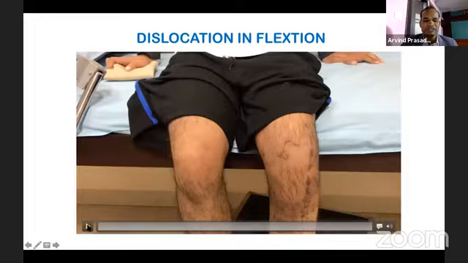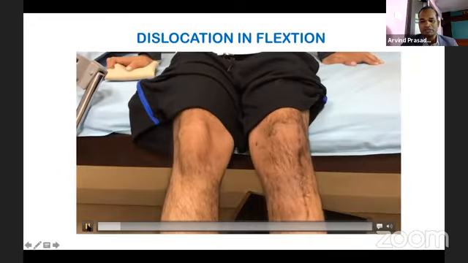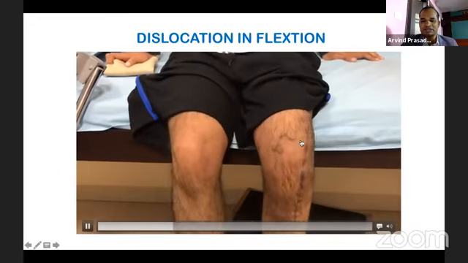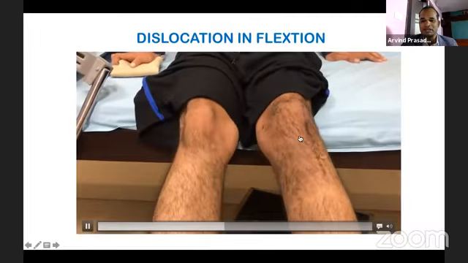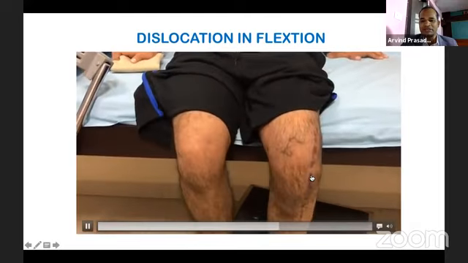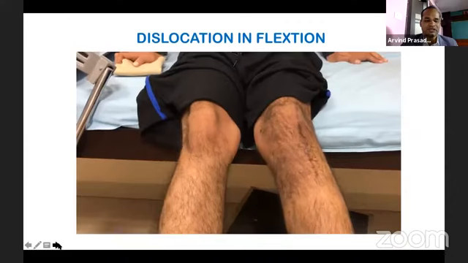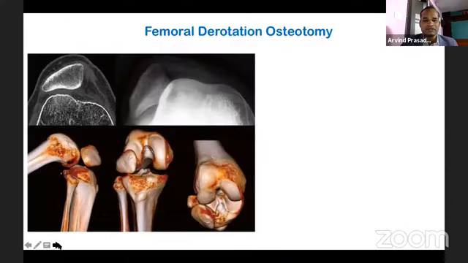So sometimes there is dislocation in flexion also. You can see in the extension, the patella is in the groove, but as the knee gets flexed more than 90 degrees, it gets dislocated on the lateral side. So in those who are having dislocation in flexion, usually either the lateral side structure is very tight, or there is